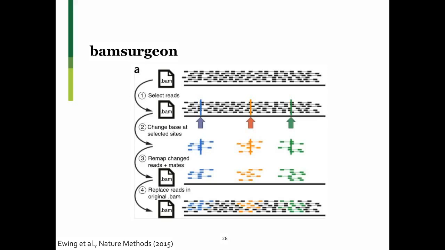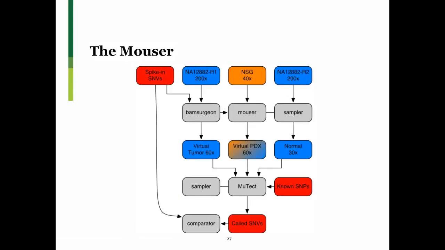And so it allows you to then go back and ask if your mutation caller is able to recover those mutations, and to what extent your mutation caller calls mutations that don't exist. And so we came up with this pipeline that we internally called the Mouser, and this diagram is a little